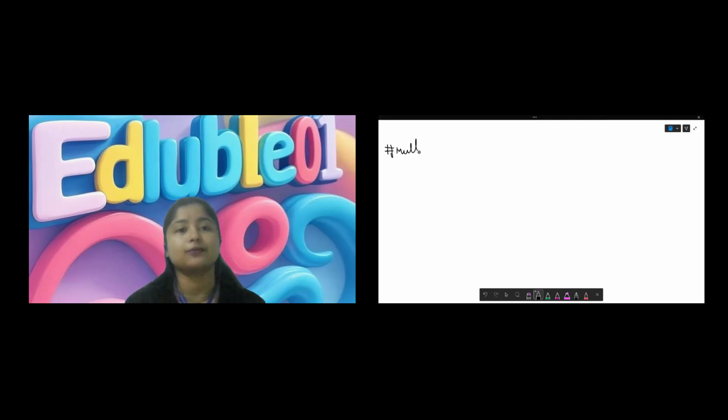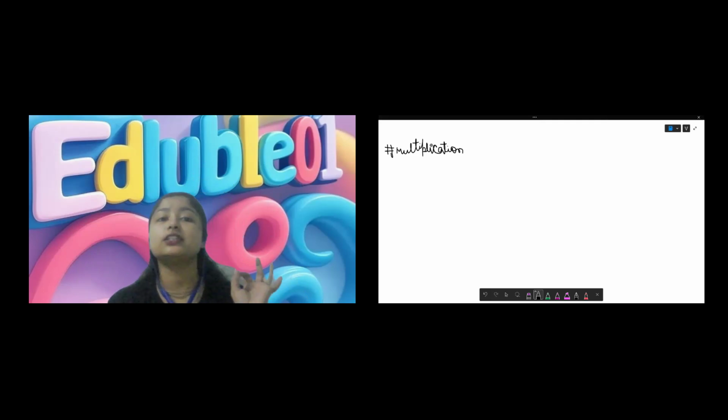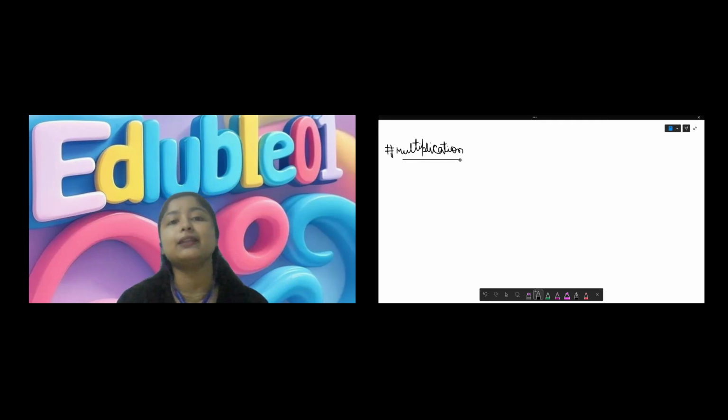Multiplication of fractions. See, this is the easiest operation on a fraction if you compare the other three, that is addition, subtraction, and division. This is the easiest operation. So let's begin. So multiplication,